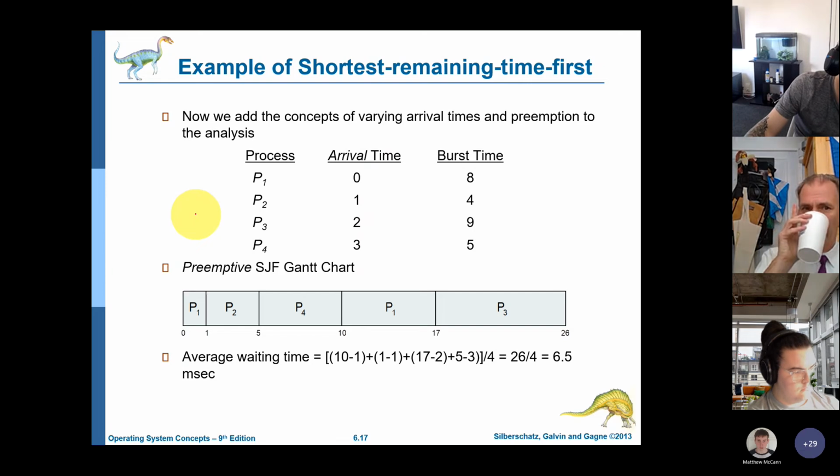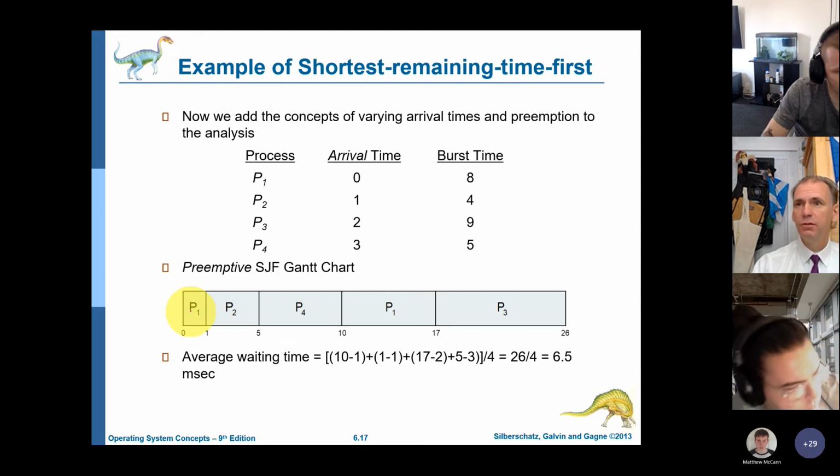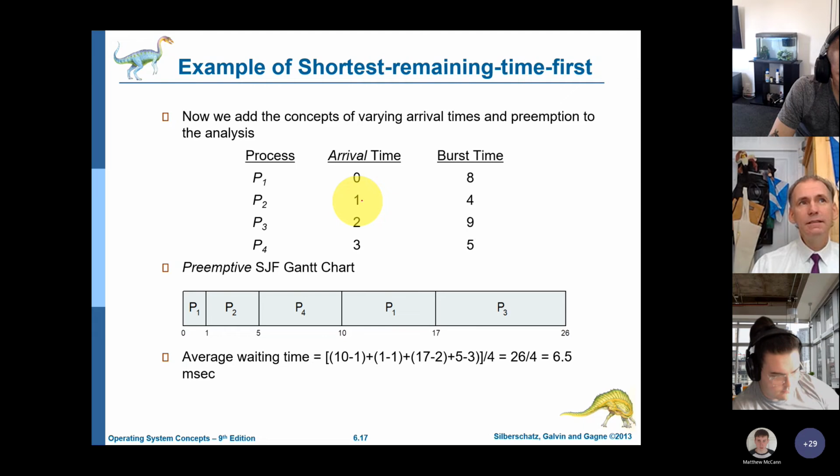So we can look at our time across our x-axis here, 0 through to 26. And we can say at time 0, looking at this, actually the only process we have is process 1. There's nothing there because it's at time 0, these haven't arrived yet. So it's a dead simple choice. Give process 1 the CPU. At time 1,